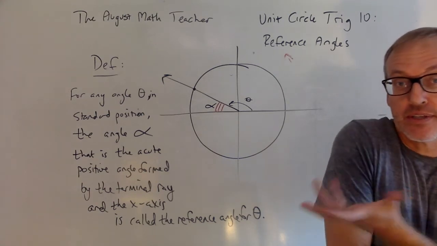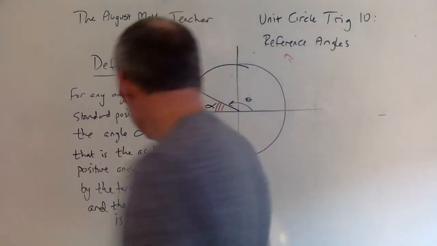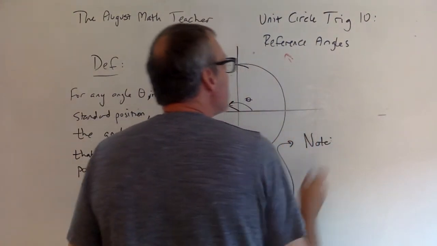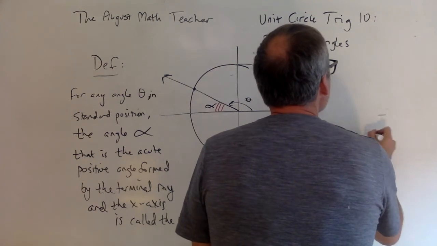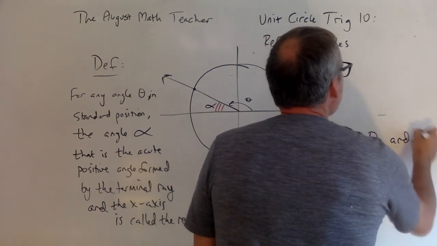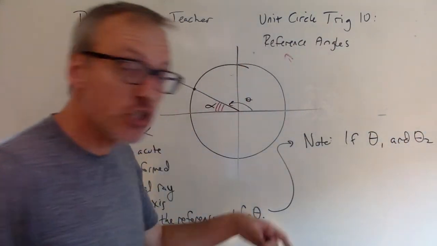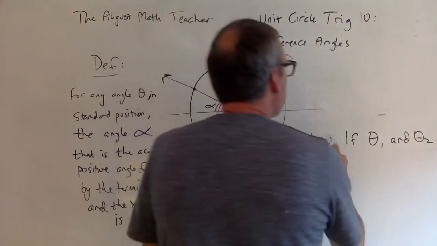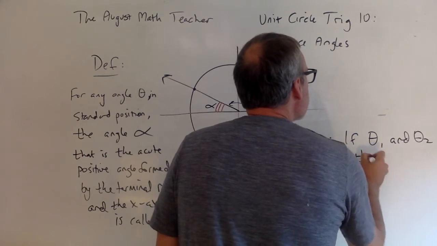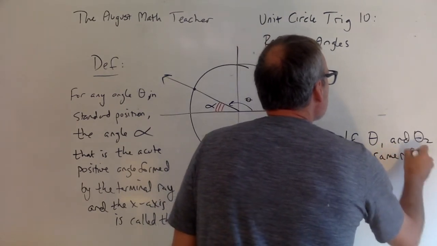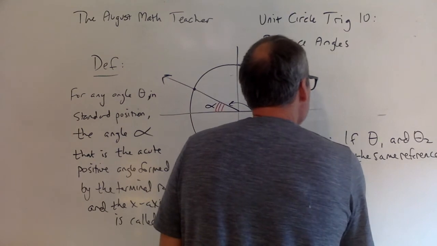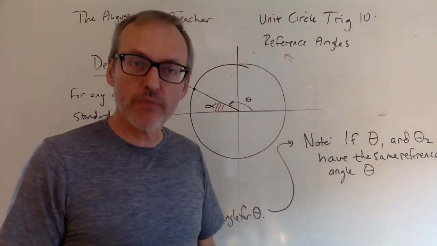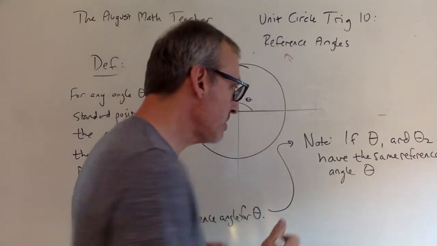And here's the big idea. Big idea is we note that if theta 1 and theta 2, two different angles, like 40 and 140, let's say, have the same reference angle, alpha, because in fact that was true for 40 and 140, we realized. If they do,